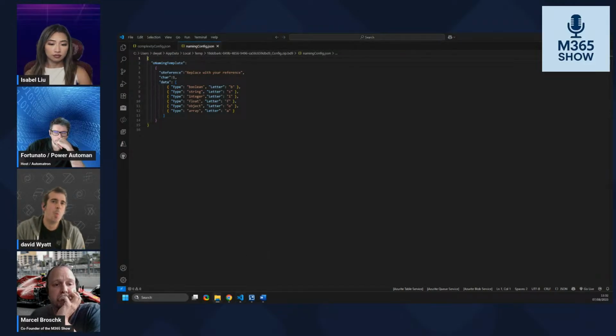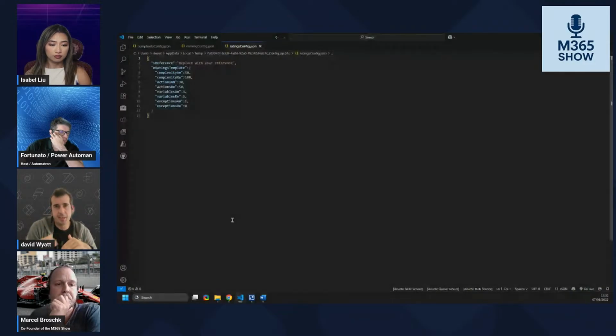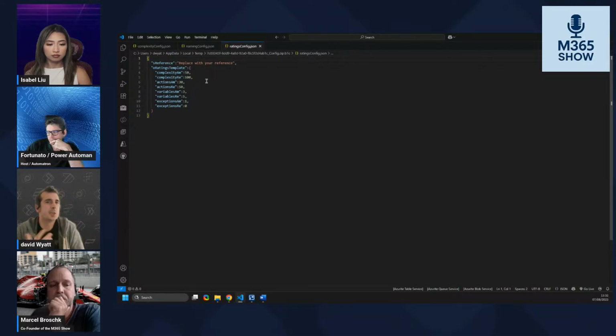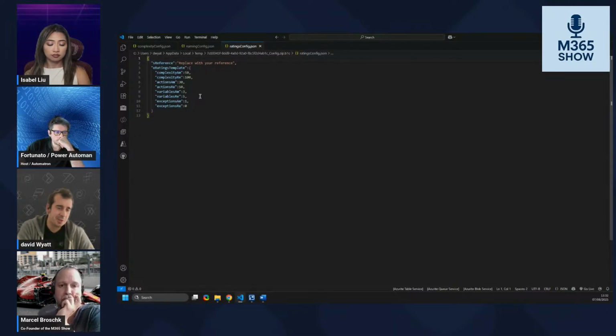We also have the thresholds. I talked about those thresholds of what's green and amber. So you can see here at the moment, for the number of actions, 50 is too high, 30 is a limit. If you've got a complexity of 100, it's too high. And then you can set numbers, because variables is a great example where it's very easy to have 20 variables, but a good question is, do you need variables? Everything's global in Power Automate. So 9 times out of 10, you don't really need a variable. So again, we look for things like the number of variables. My expectation is you shouldn't have more than 5 variables, but you might want to change it and configure it however you want to.